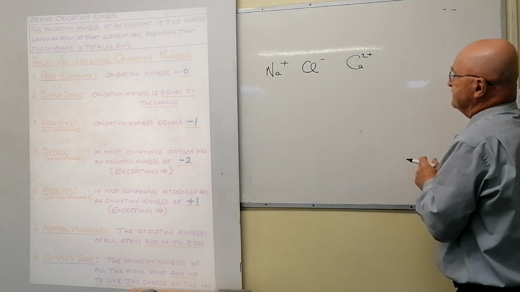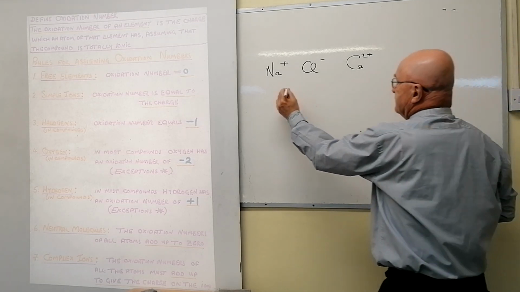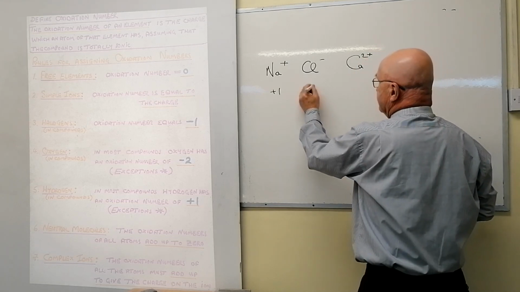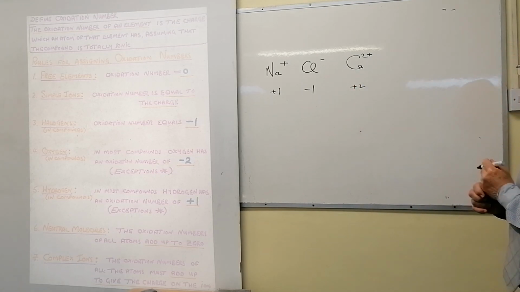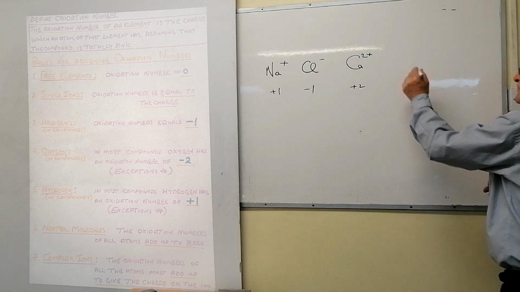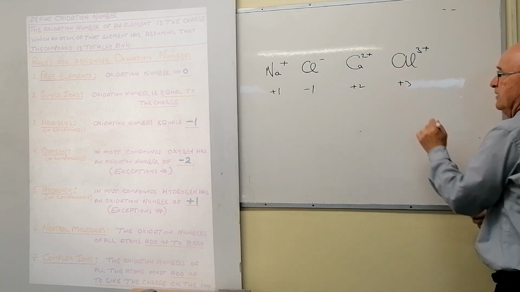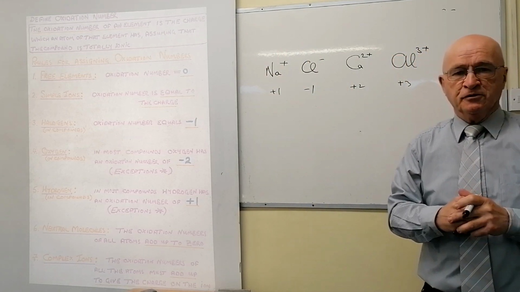Will you be aware of that, please, as you're going through it? And all that goes with that is very important, I don't need to say. So the oxidation number for this is +1. The oxidation number of this is -1. The oxidation number of this is +2. Had I better get you something with a bigger charge in it? Well, you'll have to be looking at things like aluminium